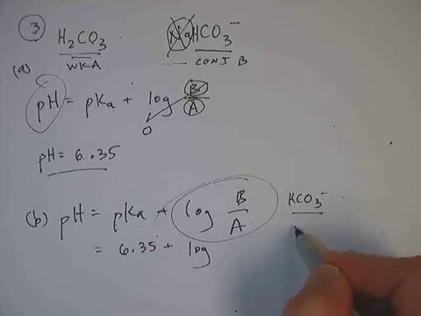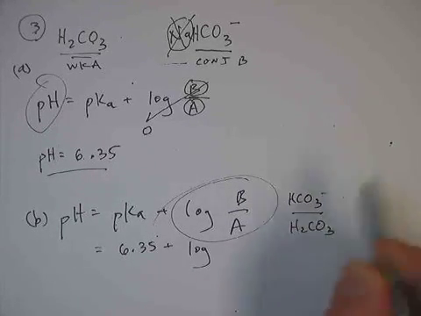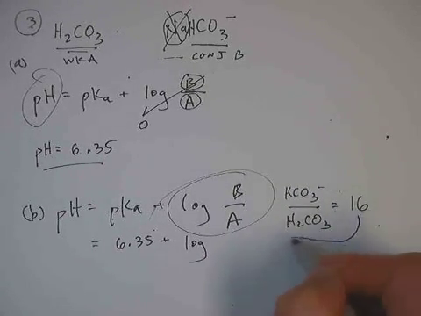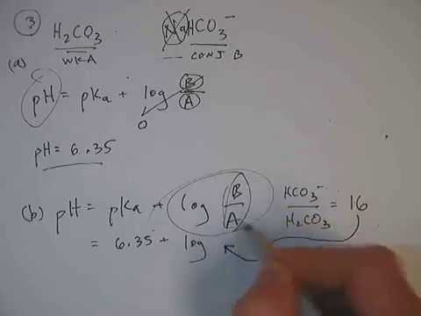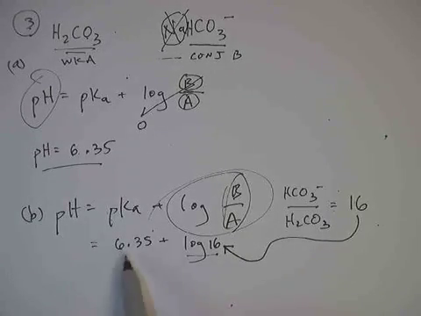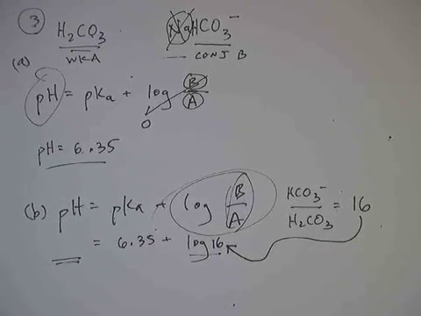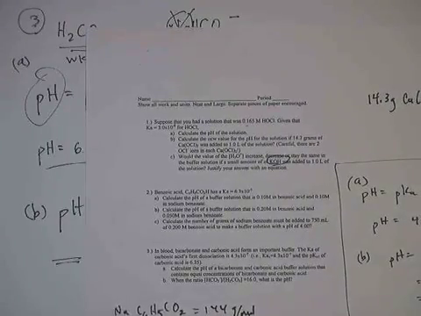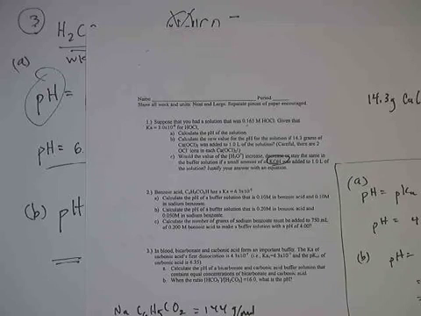What's the pH? So it's handy to have that ratio, because guess where you see the ratio of base over acid? Yep, you find it right here in the Henderson-Hasselbalch equation. And so if you know the pKa is 6.35, then you can take the log of the base. Remember, the base is the HCO3-, and the acid is H2CO3. And it says this ratio is equal to 16. And so you can plug this number in right